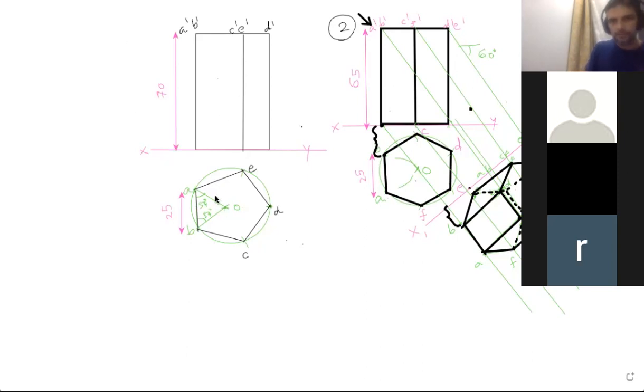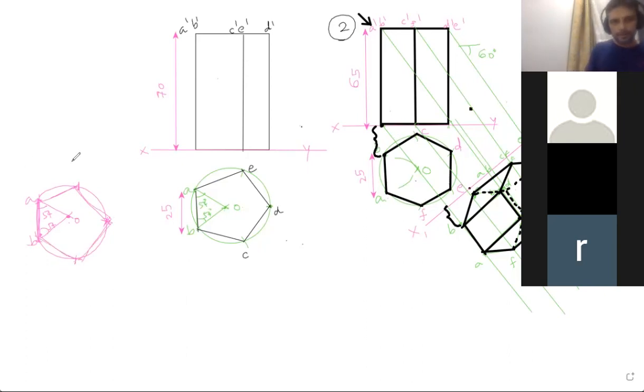So all of you understood how to draw a pentagon? I'll explain it to you again. You draw a line, then you take 54 degree. This angle is 54. Wherever it will cut, that is O. This is A, this is B. Take O to A and draw a circle. Then you take side AB, and from B you cut here, from A you cut here, and from here you cut here, and from here you cut here. This is how you will get a pentagon.